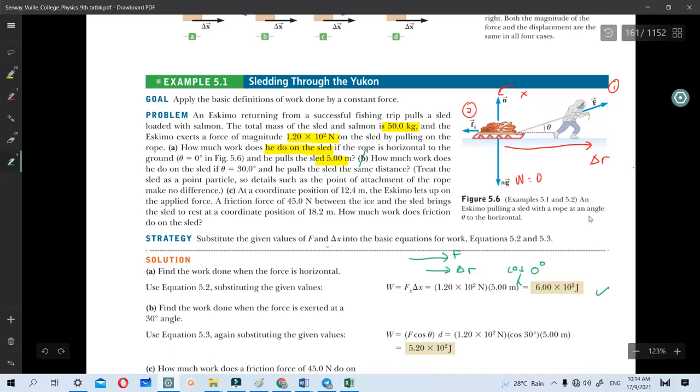Now, the second situation: how much work does he do if now the angle is 30 degree? So, this is the scenario. Look at how the answer changes a little bit, where still 120, the same, 5, the same. It's just that we incorporate 30 degree here and the resulting amount of work is a bit lesser as compared